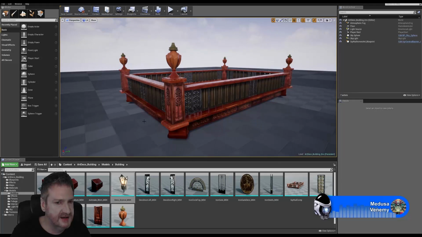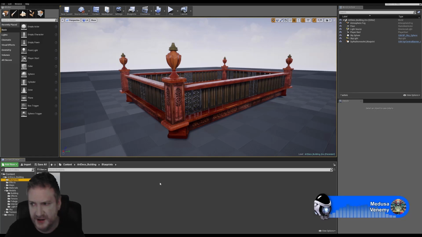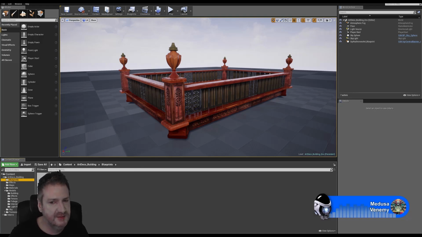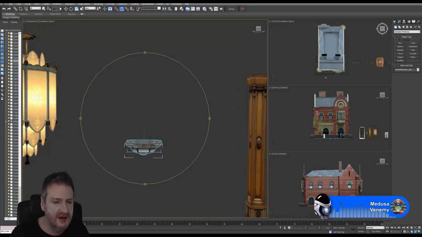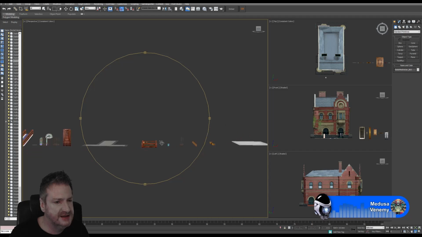So that's that piece done, and again, that's a blueprint. And like I said, you can't really see it because my camera's in the way. But that's been assembled as one blueprint so that we can easily place it in the level. So today we have to work on a light. We'll probably work on the light. I was going to start work on the stairwell, the main stairwell,